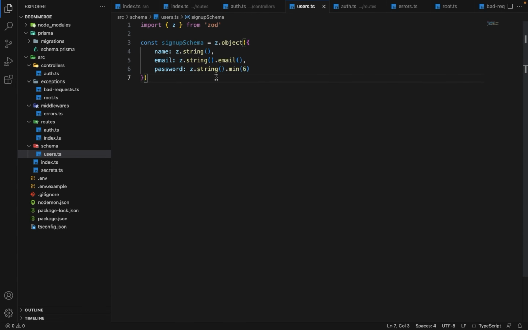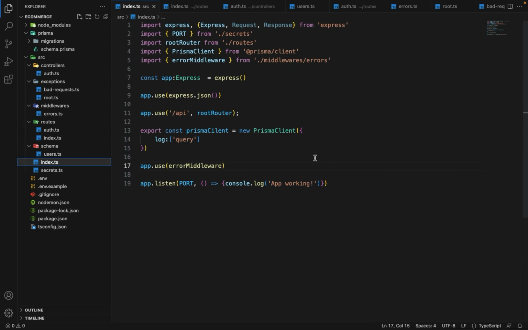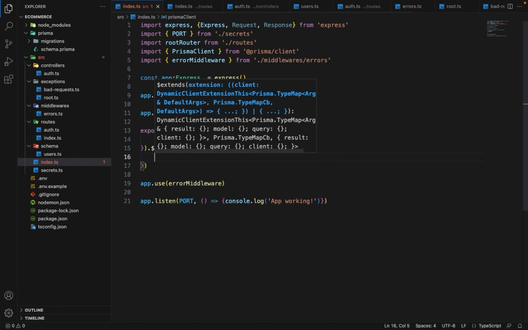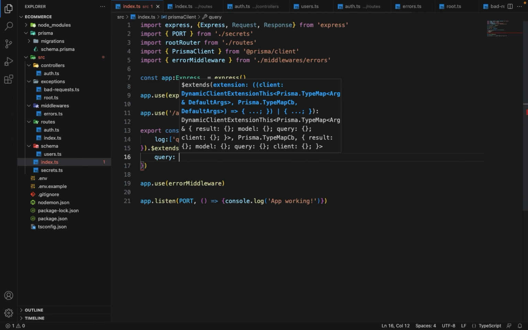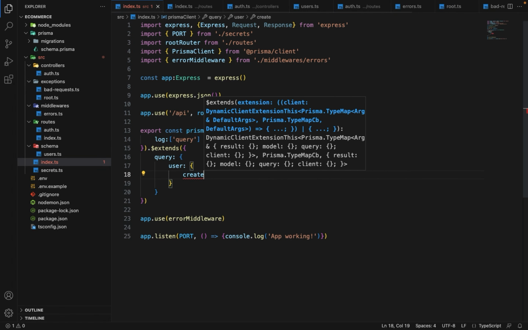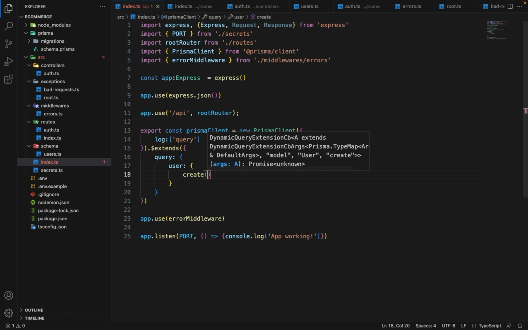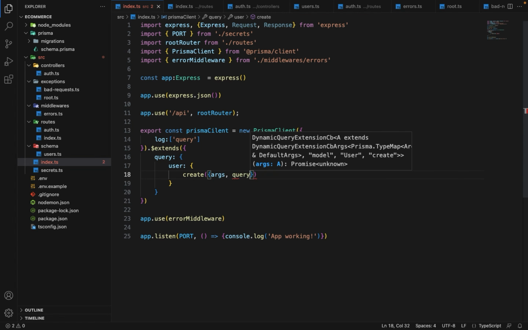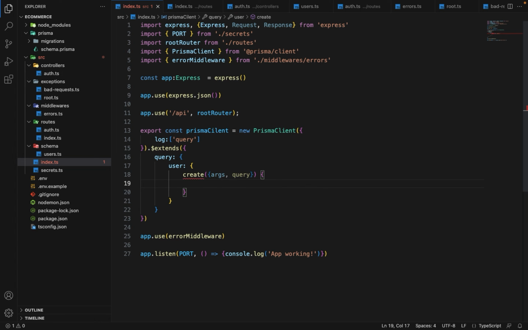And now in order to validate the request, we have to go to the index.ts and extend the Prisma client. I guess the place where we have defined the Prisma client, here we will say dot extend, and in the extends we will pass an object which will say query. We want to extend the query on users, and what you want to extend is create. So we want to perform certain operations on create. So first will be args. Args is the request body which you will receive, and then we have query. And then we will say args.data